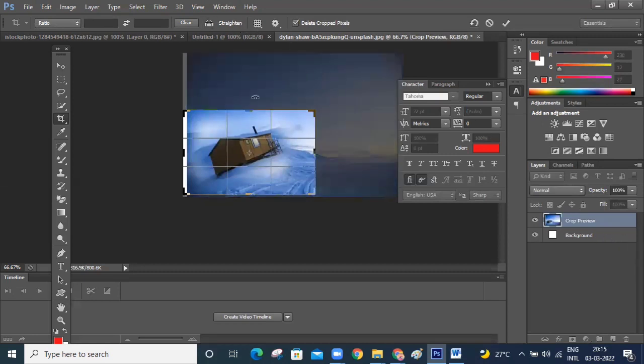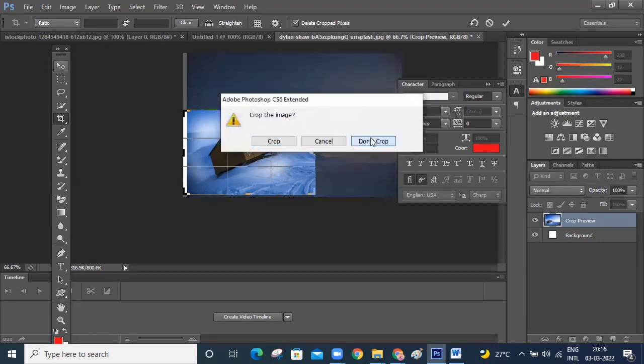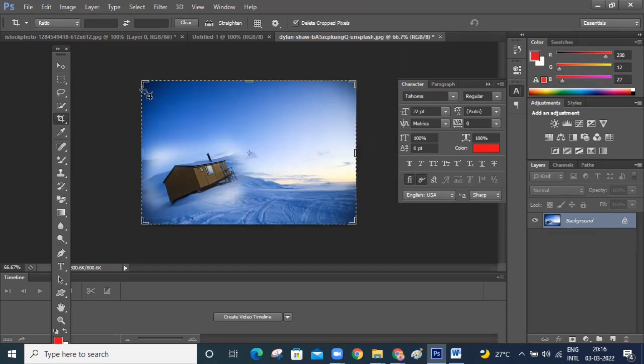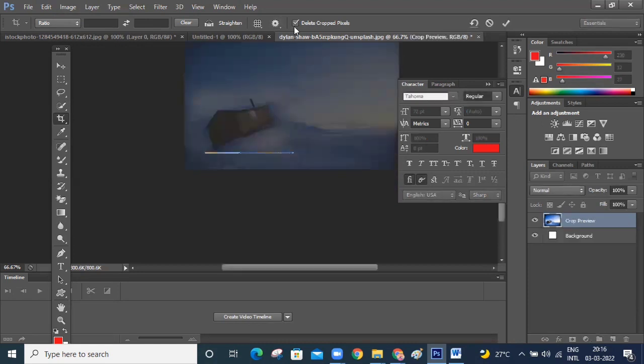Now, where you want to crop, here I'm selecting one area and straightening.